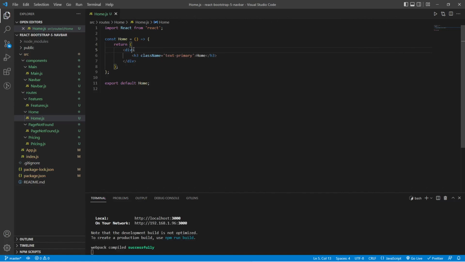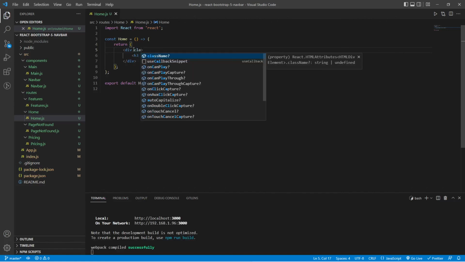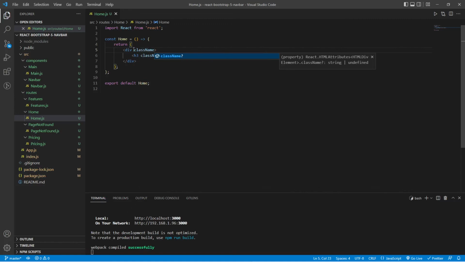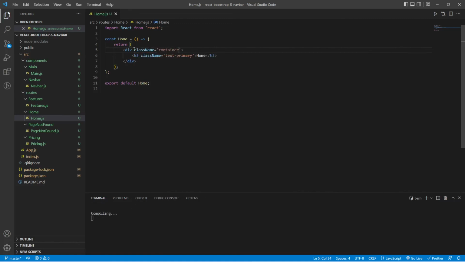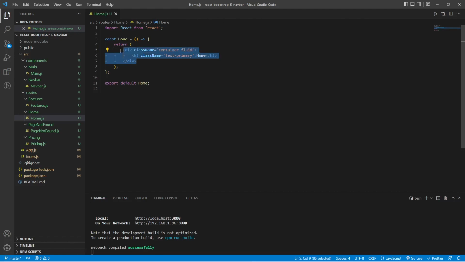And we'll give the div a className of container-fluid. And we can pretty much copy that and go into our